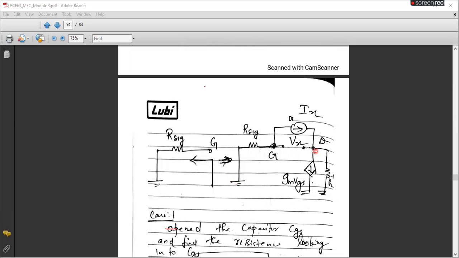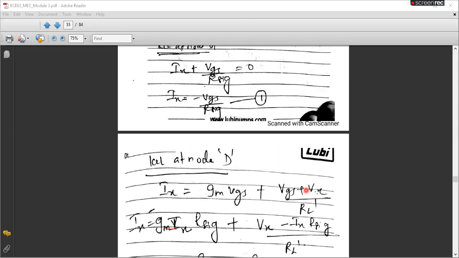Now to this node, what is the entering current? The entering current is IX, and we have two leaving currents. One is the current gmVGS and another is the current passing through RL dash. In order to find the current passing through RL dash, you should know what voltage you have here. The total voltage at the drain terminal is given by VGS plus VX,